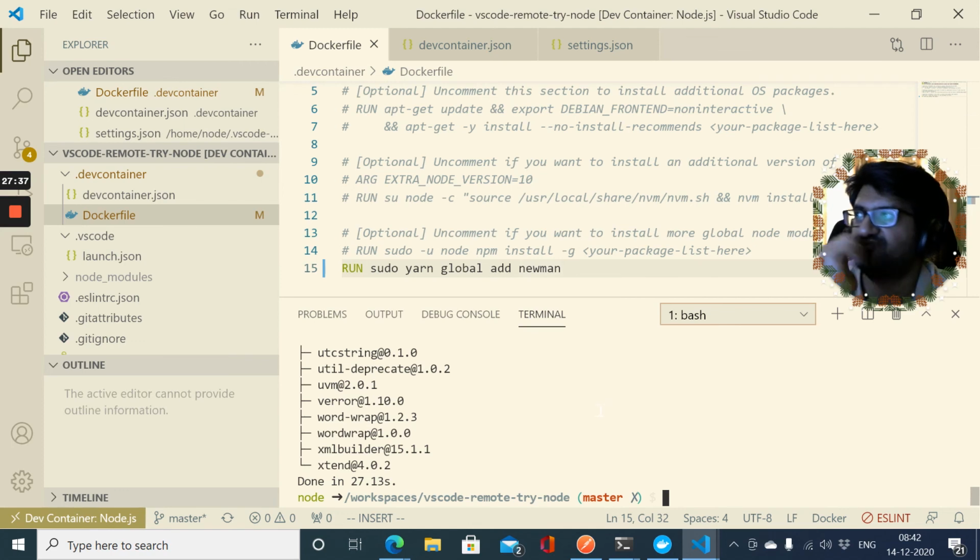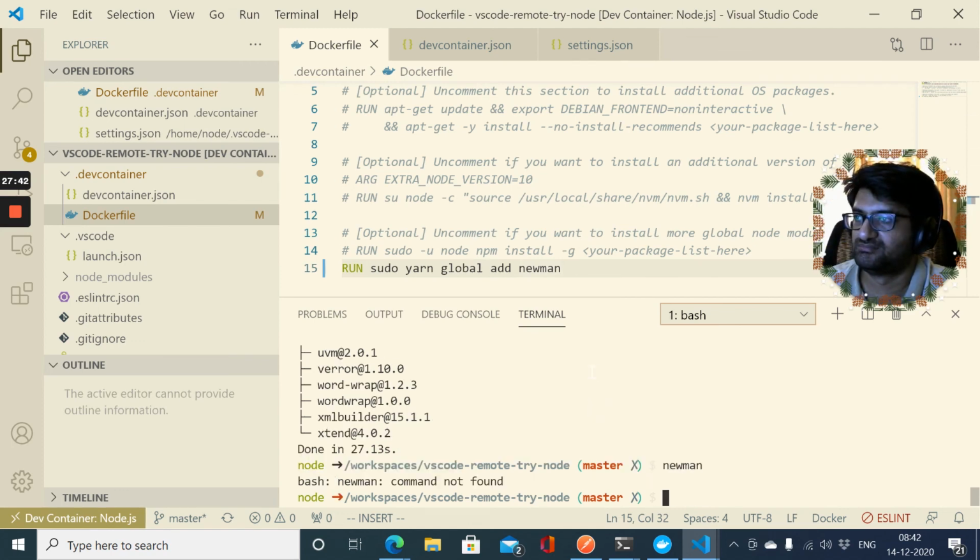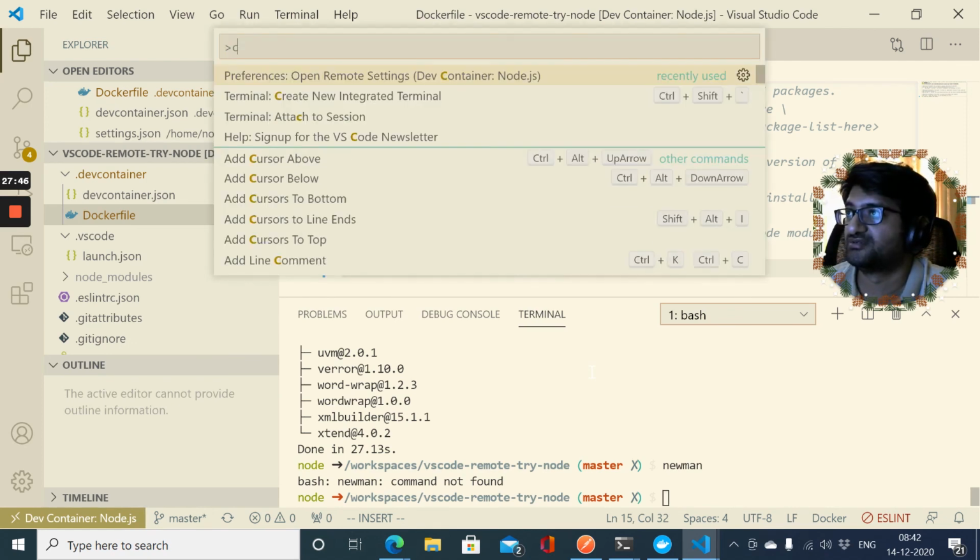That's kind of amazing, right? I think I'll have to open an integrated terminal again.